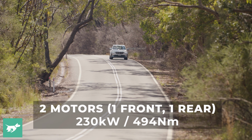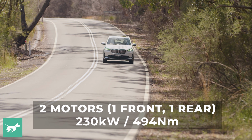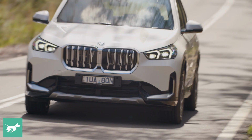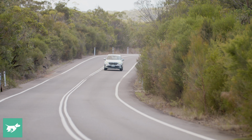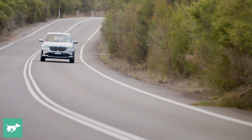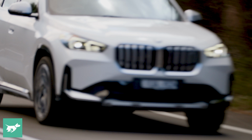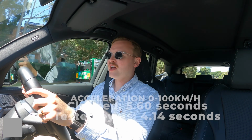In terms of performance, the numbers look pretty good. 230 kilowatts of power is nothing to sneeze at in any small to mid-size SUV. 494 Newton meters of torque is what we used to associate with 6-cylinder engines with a turbo on top, so we don't have any shortage of pulling power here in the iX1. And certainly compared to the petrol versions, the iX1 looks pretty generous in terms of performance, and it backs up